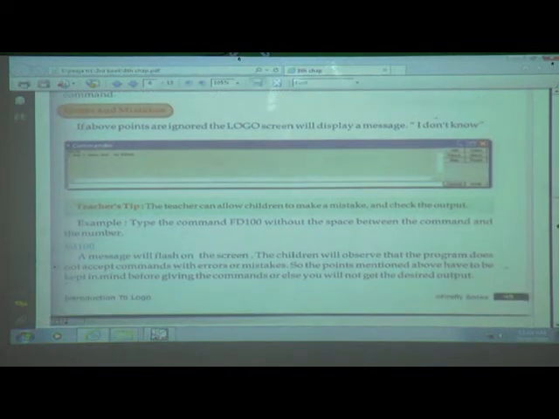For example, if we type FD and 200 without giving any single space, then what output will we get? We will see here. To clear this, which command is useful? CT. Then you can see the recall list is also cleared.